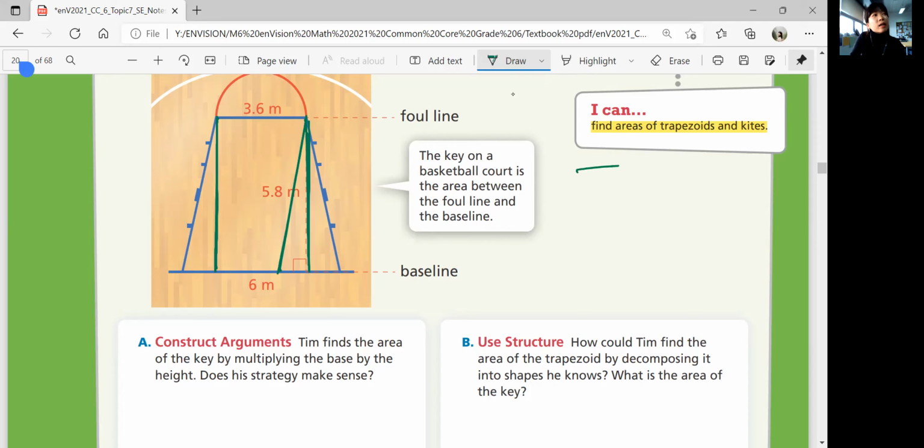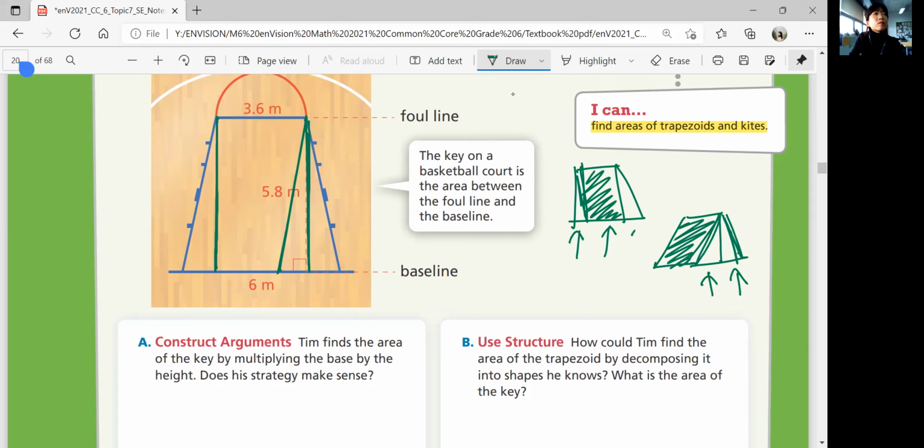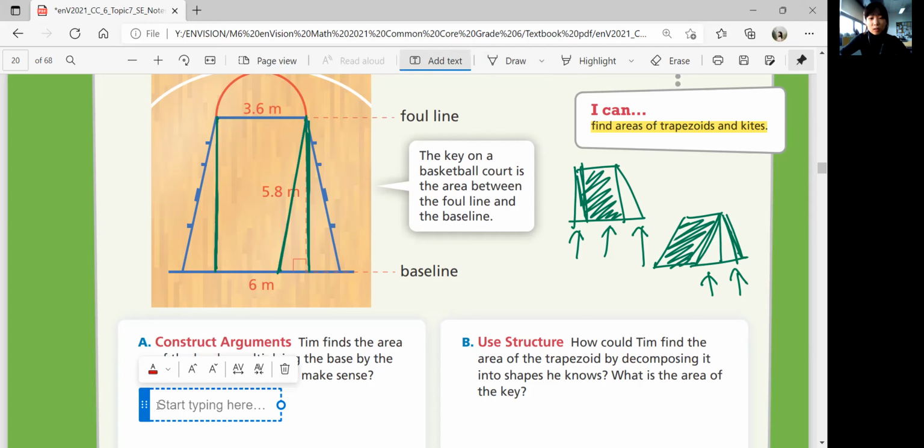So if it's a rectangle, Tim only got the area for that one. We need to add these two triangles on the side. If we imagine that we got the parallelogram over here, then it's still the same triangles that we didn't get, right? So his strategy doesn't make sense. So let's answer this question. No,